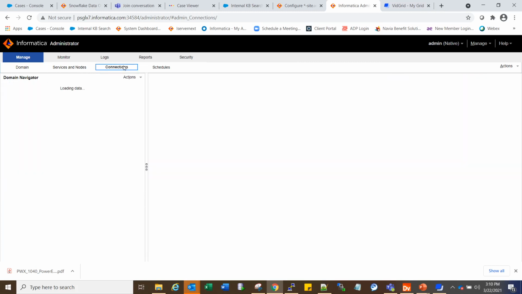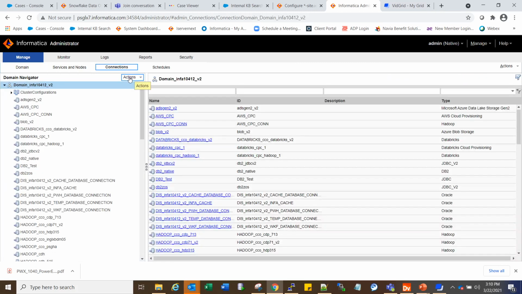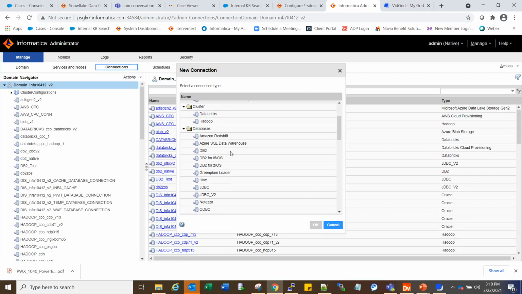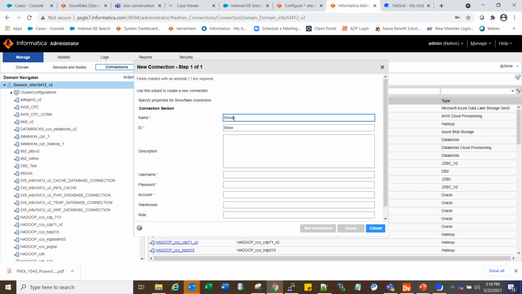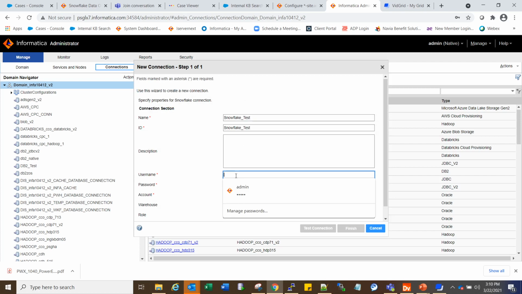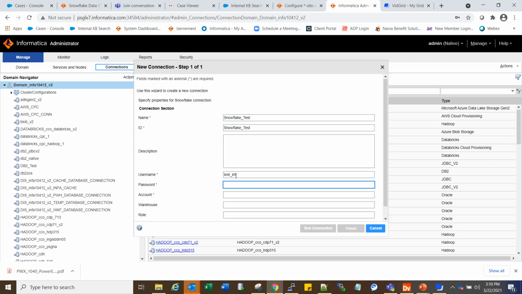Now we'll go to Connections tab and we'll create a new Snowflake connection. So we'll go to Actions, New, Connection, and we'll go to the databases and here we'll select Snowflake. Click on OK. You can give any name to your connection. I'm going to give Snowflake underscore test. You will enter the username. Now enter the password. Enter the account associated to your Snowflake connection,